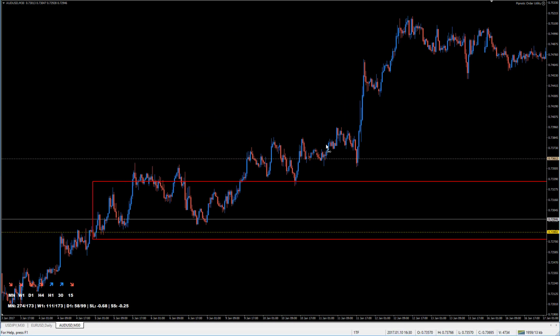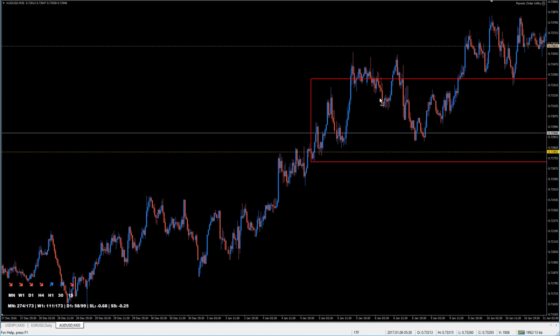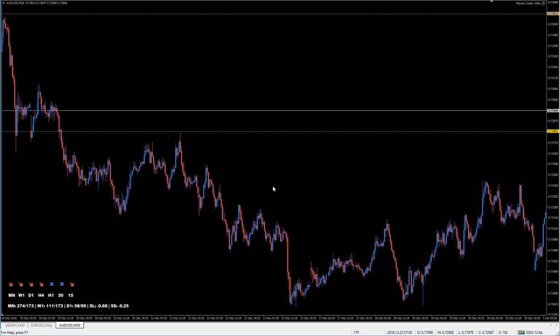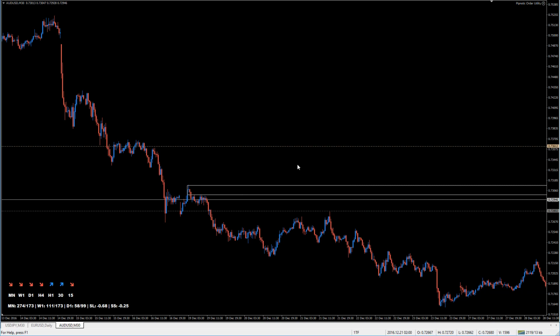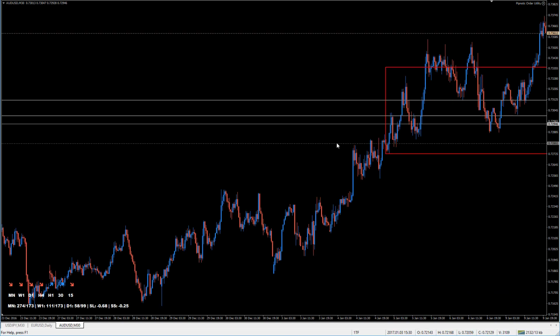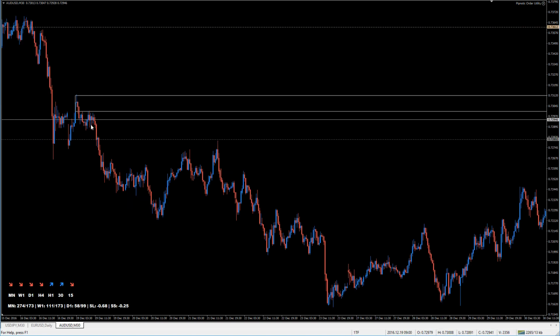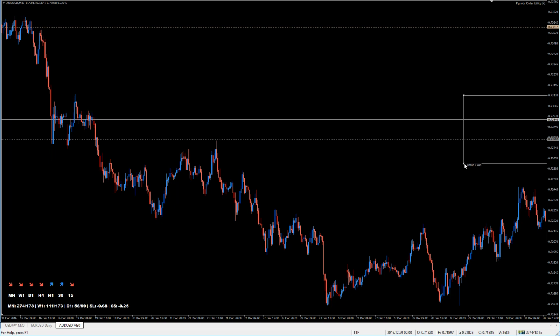Okay, had to pause the film and zoom back a bit. All right, here we have the test. This is the test. So we have a bit of supply here. Not a beauty. Test. It's gone. You can see it went out here. The origin of the move is obviously down here, but the area that did it is this one just down here. So I'm going to take this one and move it